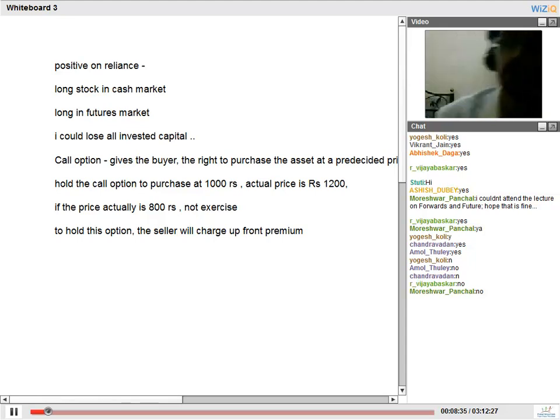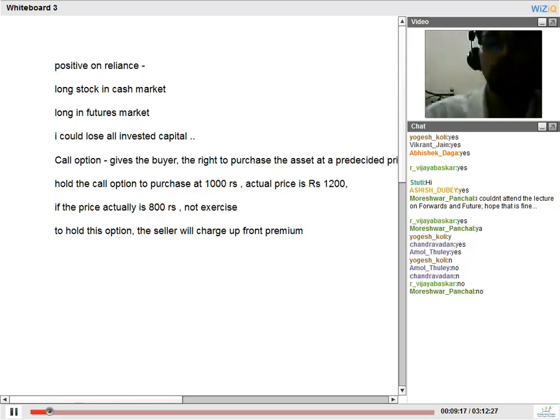So you understand, unlike the futures contract where there was no upfront exchange of cash, in case of options, the buyer of the option has to immediately pay the seller of the option an upfront amount called the premium or the price of an option. So there is actually a buying and a selling happening in an option. The writer of the option has given the buyer of the option the right but not the obligation to purchase the stock at 1,000 rupees from him should he choose to. When will the buyer actually choose to do that? When the actual price is higher than the pre-decided price.